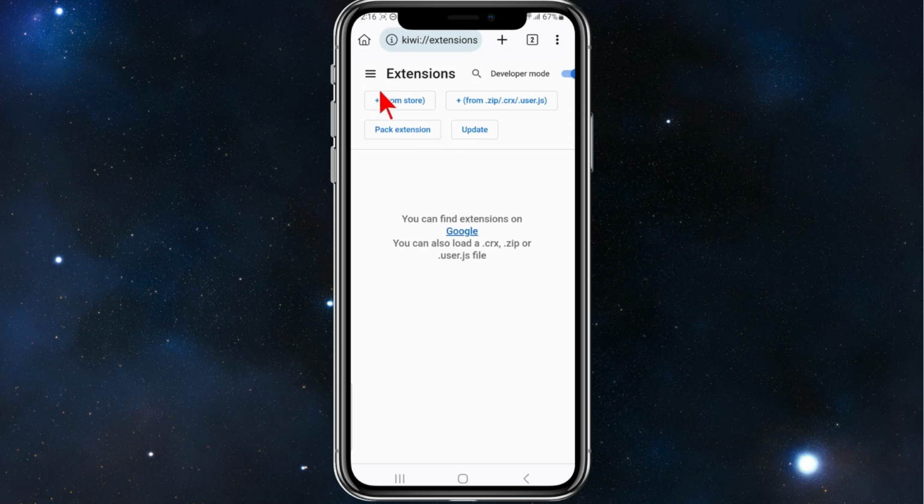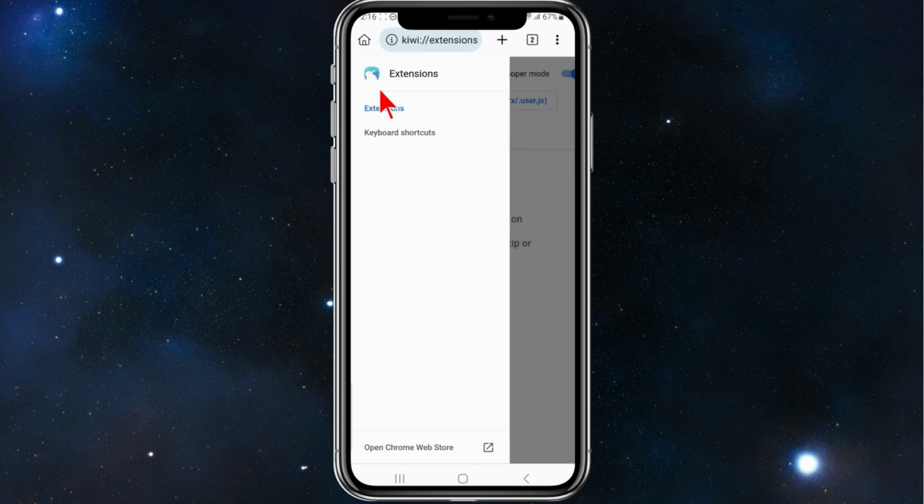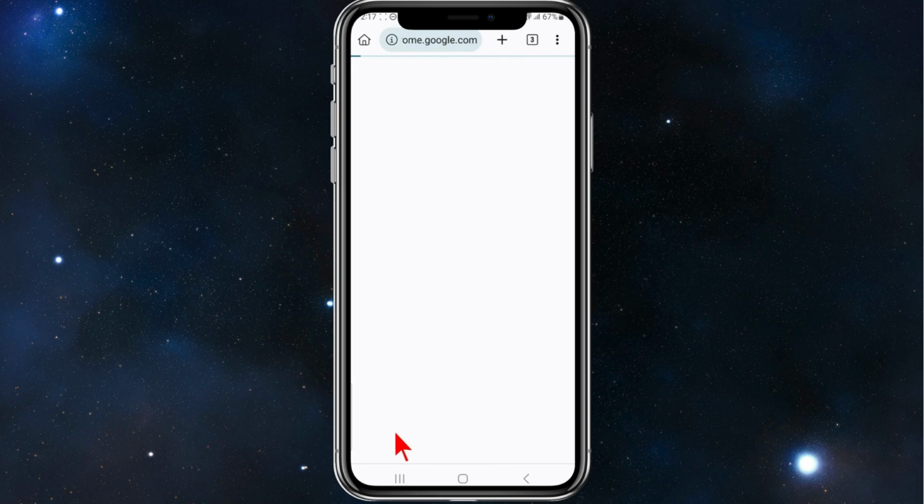Click on the three lines and then go down. Bottom left hand corner of your screen should be Open Chrome Web Store. Click into that. So it'll open up a page